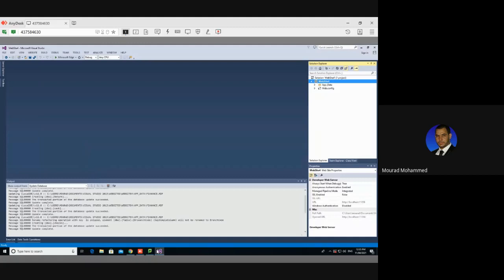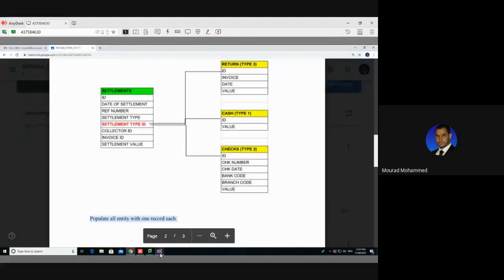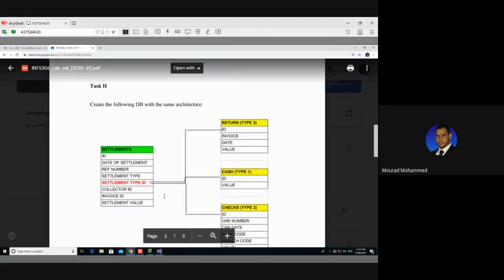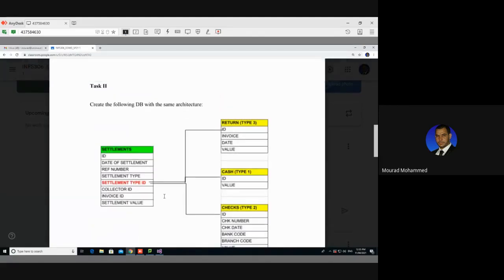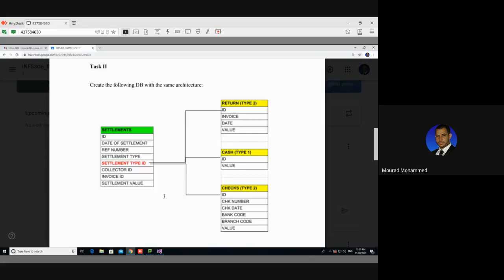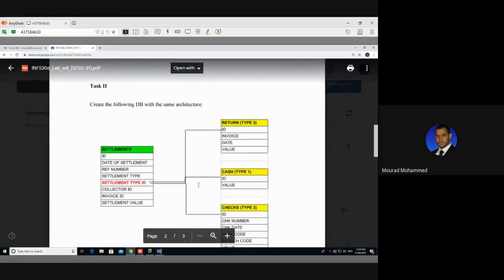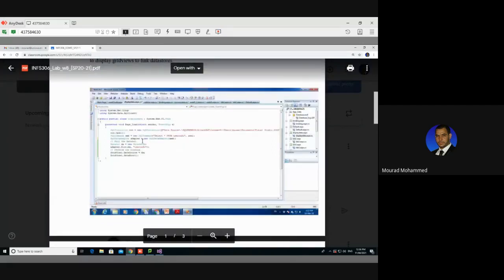And let's come back. Now, task 2 has been terminated. Yes, task 2 has been terminated. Let's come back to our task 1 in order to be able to finalize those queries. Actually, we have entities now in our database. Now we can build our connection and we can generate our